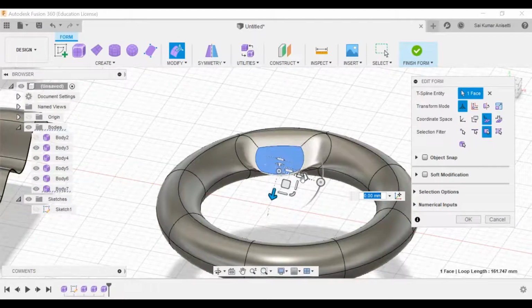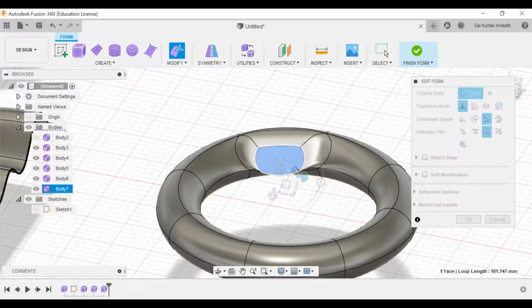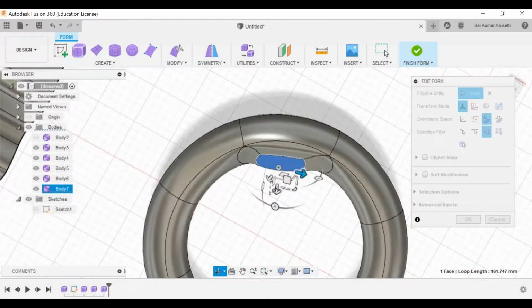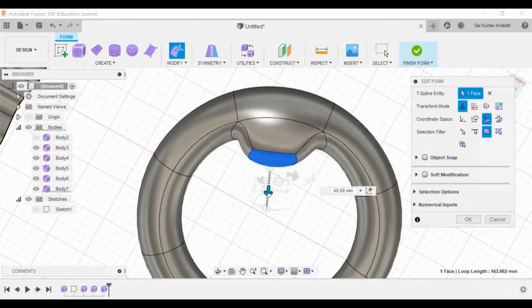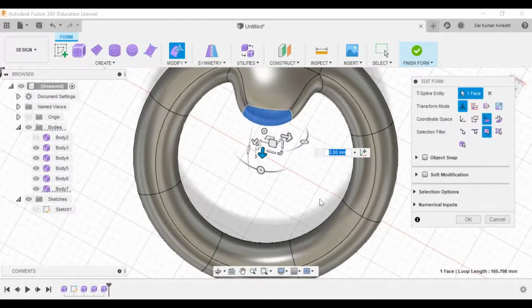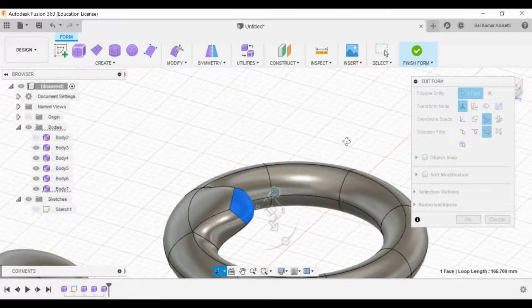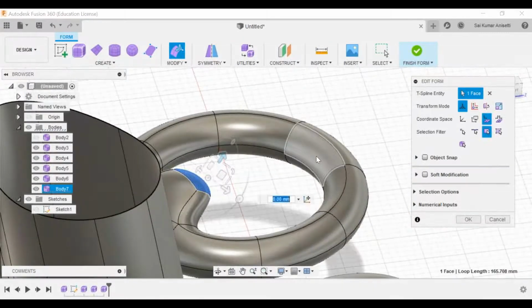If you want to move that into one particular face, move. So I'm just adding my material onto this face. Just like your steering wheel, if you want to make a cool design of your steering wheel and everything, you can make that possible. If you want to increase the number of faces, just increase that.